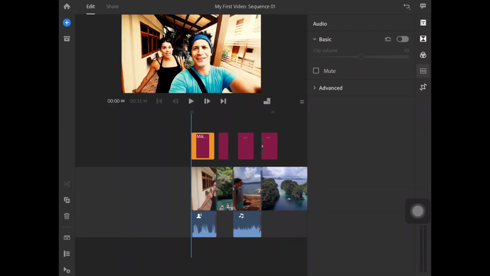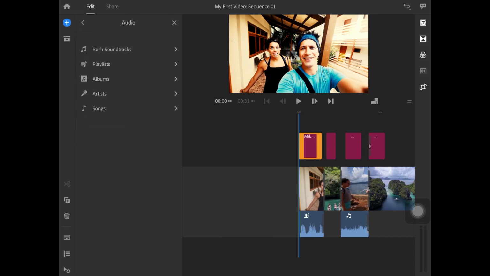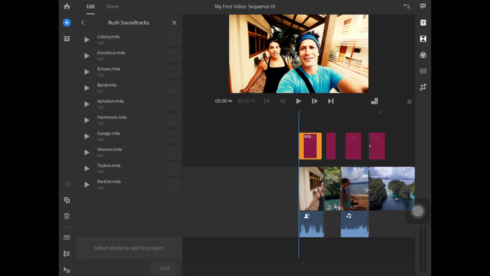But what I will do now is add some background music. On the top left you can see a home icon. Right below the home icon you see a blue plus button. I'm going to click the blue plus button and say media, and I'll go to audio and say Rush soundtracks. Rush soundtracks are demo soundtracks that Rush itself provides.